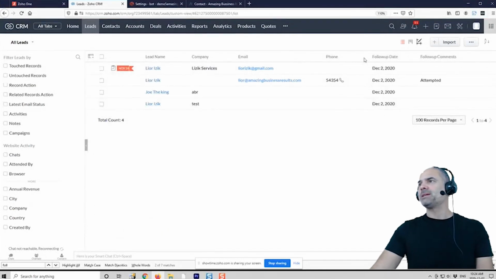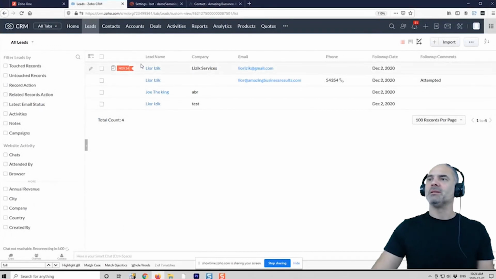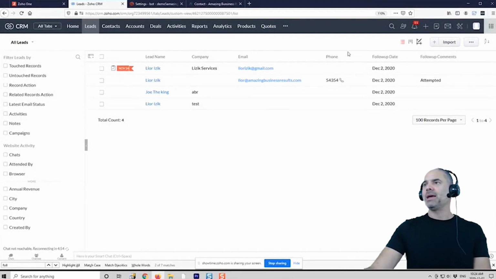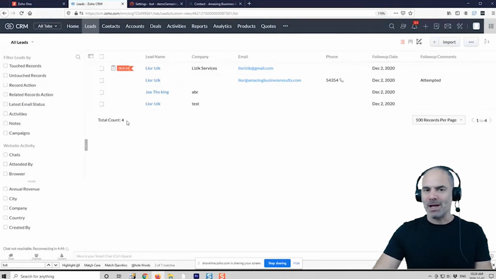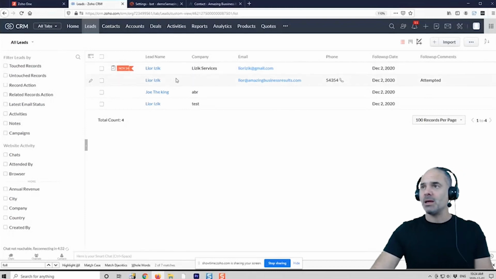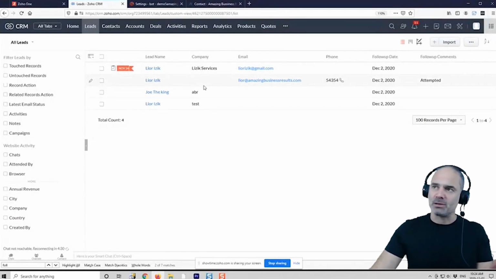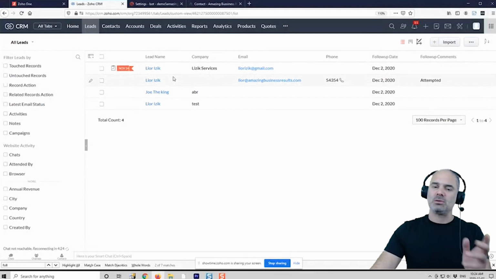Okay. So let's say that this is the view, and the view is showing me all the people that I'm supposed to connect with today. And right now it's just showing 4 because, of course, it's a development system. But imagine that you have about 200 people here, and you need to contact each one of them. So the way that I showed it in the video is basically that you can start calling the first person, and let's say he's not answering. And then you're calling the second person and he's not answering. You're calling the third one, he's answering, okay? But the first 2 did not answer.